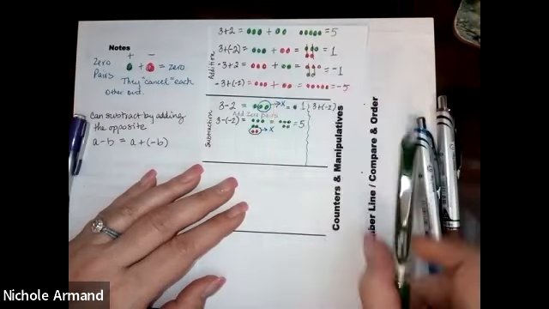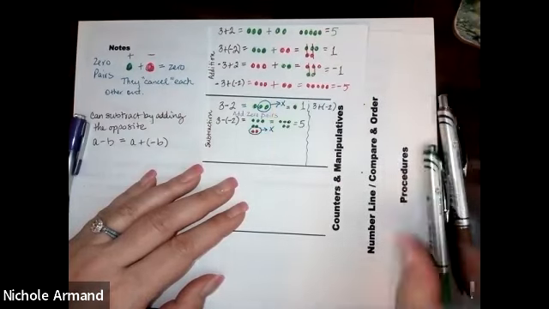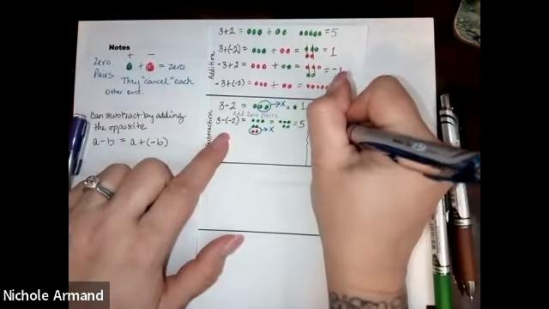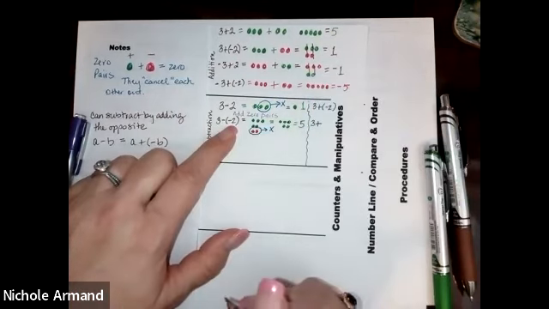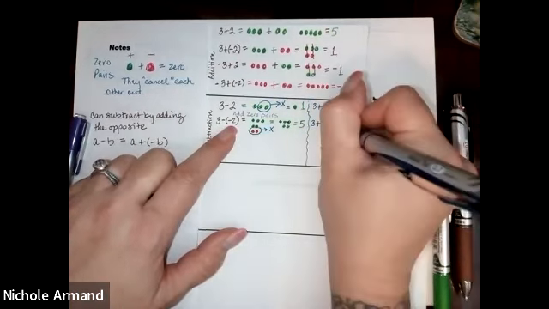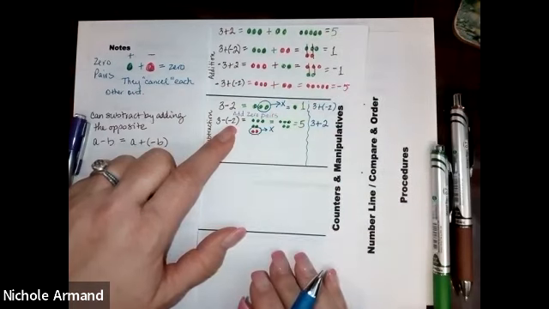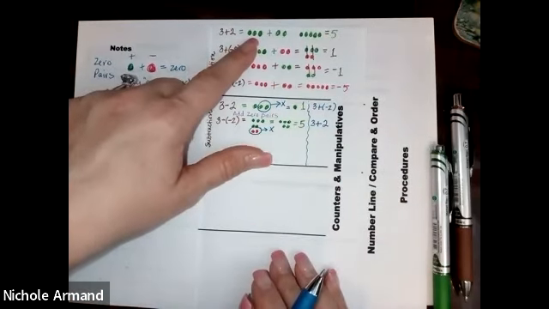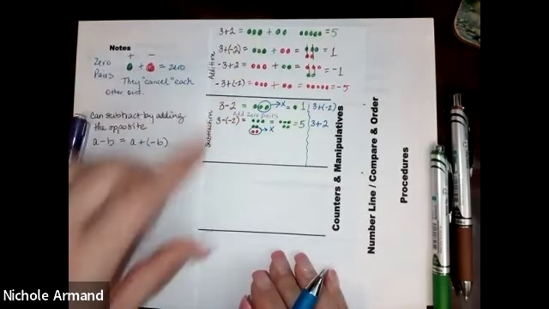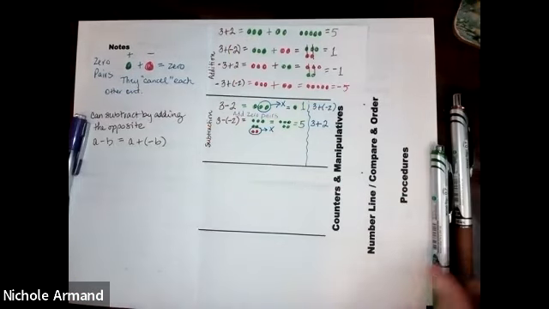If I want to write this as an add the opposite, then this would be 3 plus, what is the opposite of -2? That is +2. So this is just 3 plus 2, or the first model that we had up here in addition. Okay, let's try